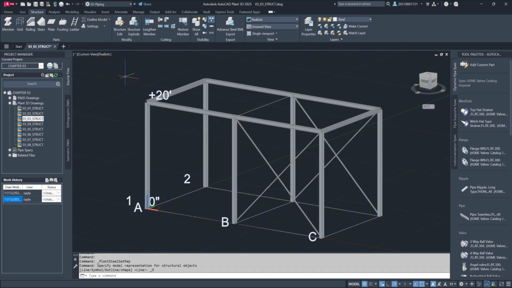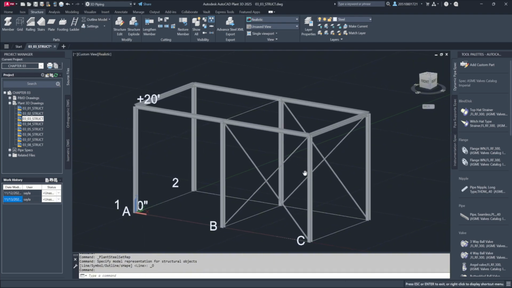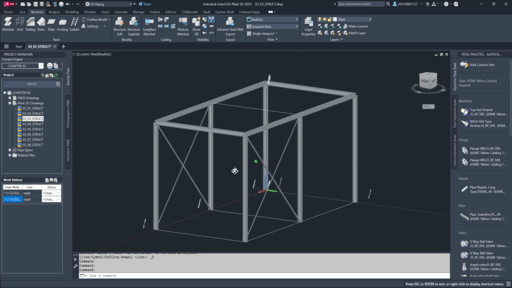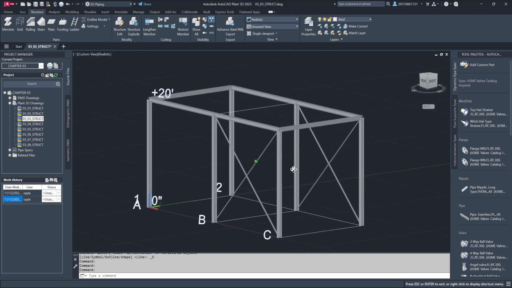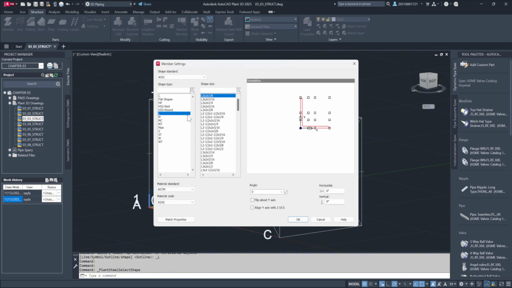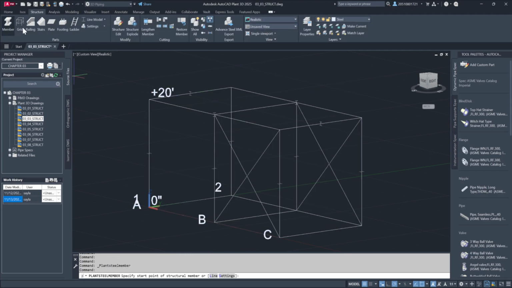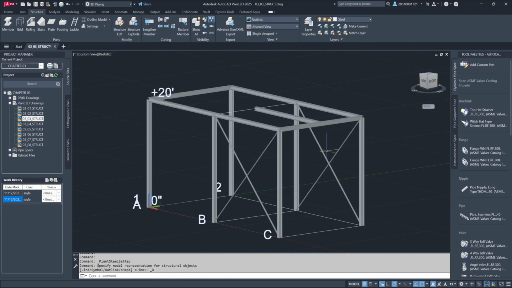I'll adjust the view here to make sure I want to extend another steel piece across the center of these 2 bays. Then I'll return to the settings, select the W8x40 option, confirm with OK, and place the structural beam from one midpoint to the other. I'll enable the outline view, and here's what we've got.